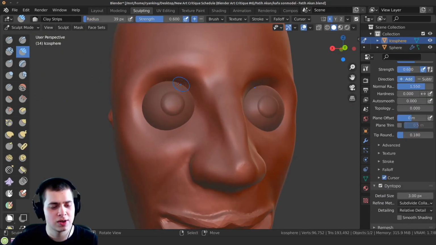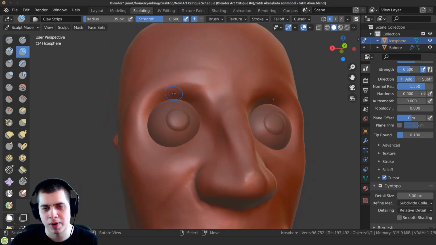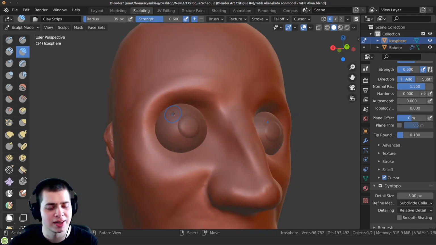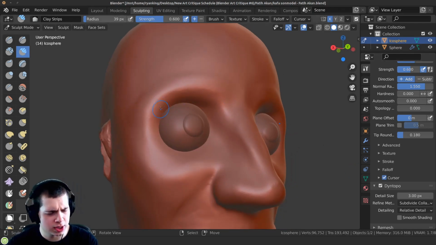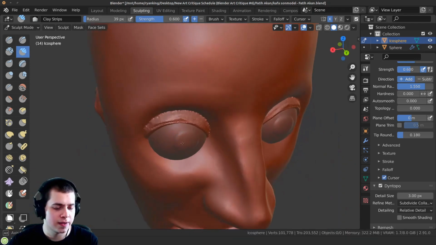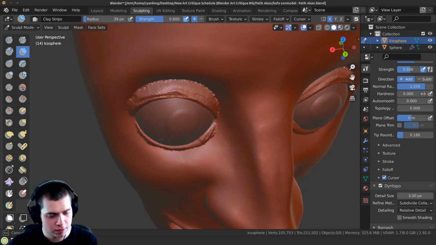So what I do is I go to the clay strips. The eyelids are pretty hard to sculpt, so don't feel too bad if your eyelids are not turning out very well. I've sculpted tons of eyelids, and they're pretty hard to learn, and I still think that I need to improve my own. But what I do is I turn on Dyn Topo and go to the clay strips, and then I start to go back and forth around here in a circle, and bring out those eyelids. Then I do the same thing for the bottom side, going back and forth, and eventually it's going to pop through.